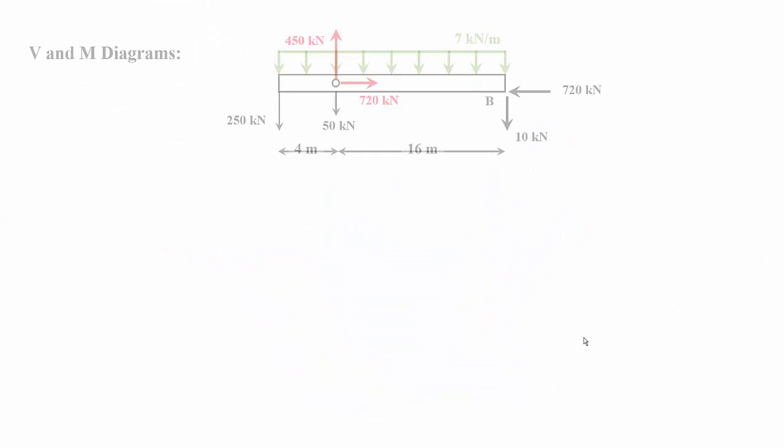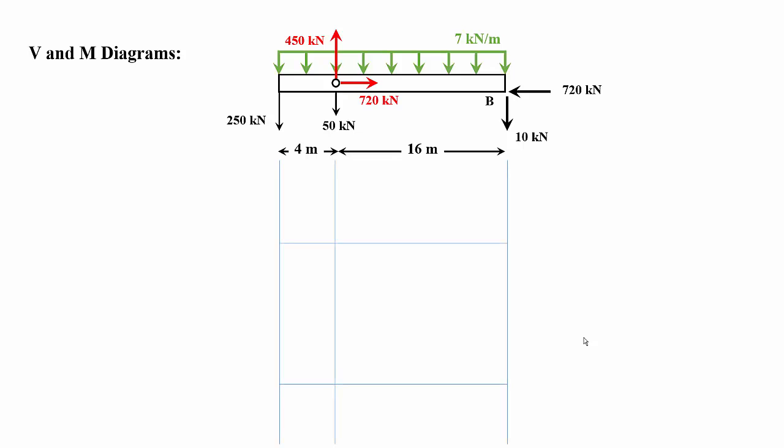So let's go ahead. This is my beam. I'm going to start drawing. I'm going to start with the shear force. So we go down 250 kilonewtons, and now for the next point I know that the 7 kilonewton per meter is pushing me downwards, basically 7 kilonewtons per meter. So I'm at 250. I'm going to be pushed down for 4 meters times 7, and added to this previous value,